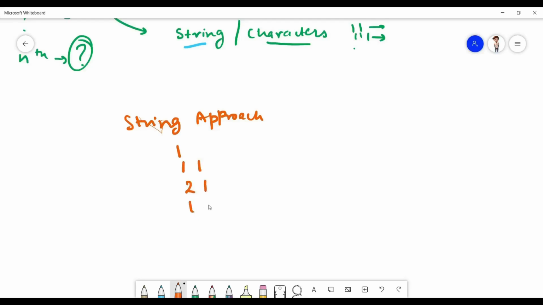2 1. So from these two, I am getting something which is not the same as these two, but from these two I am getting some other thing. Let me tell you what I am getting. So this is the 21, this is 1211.